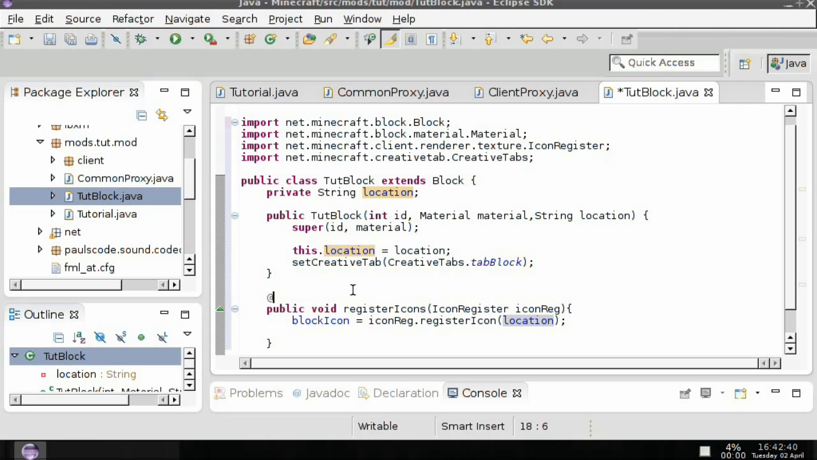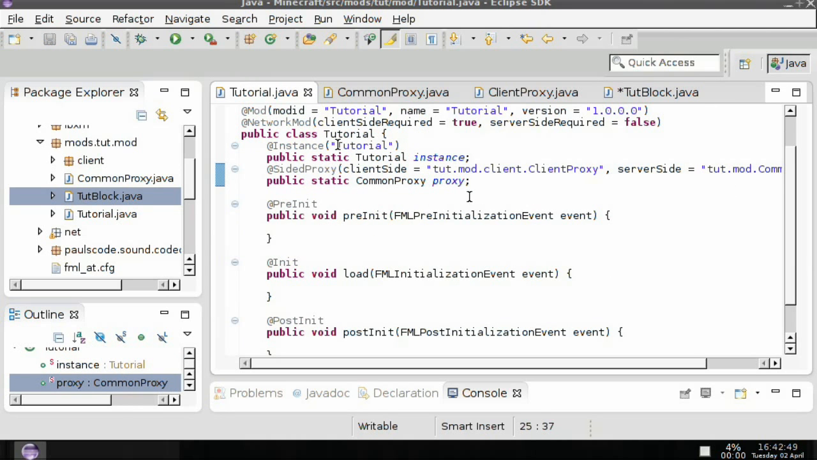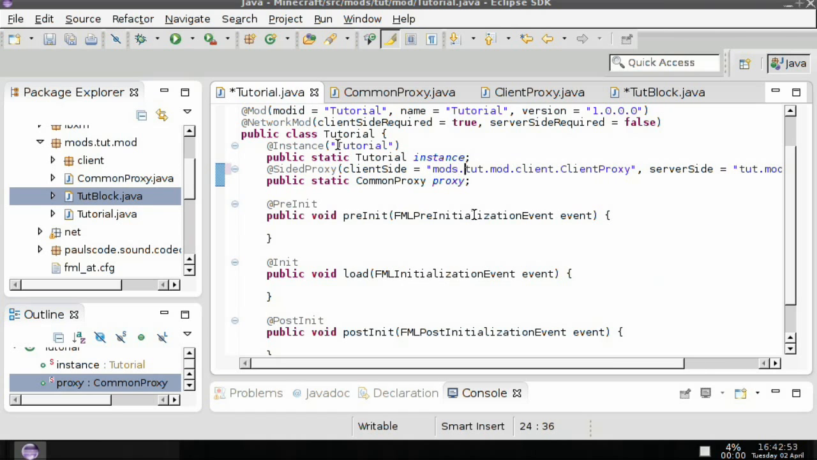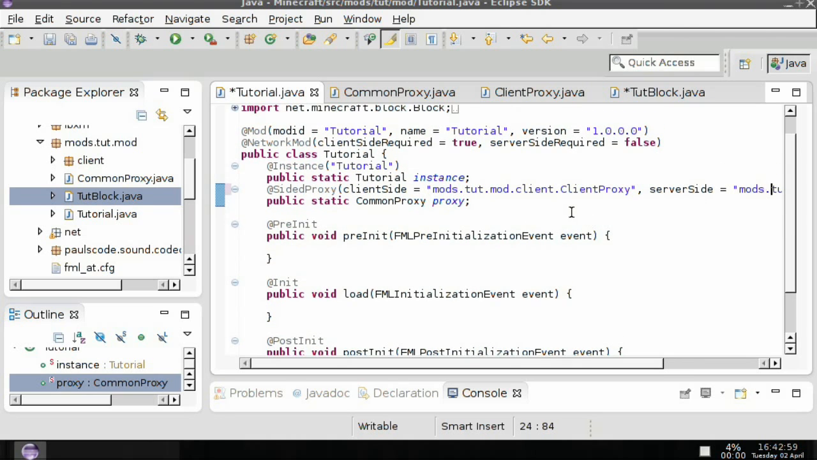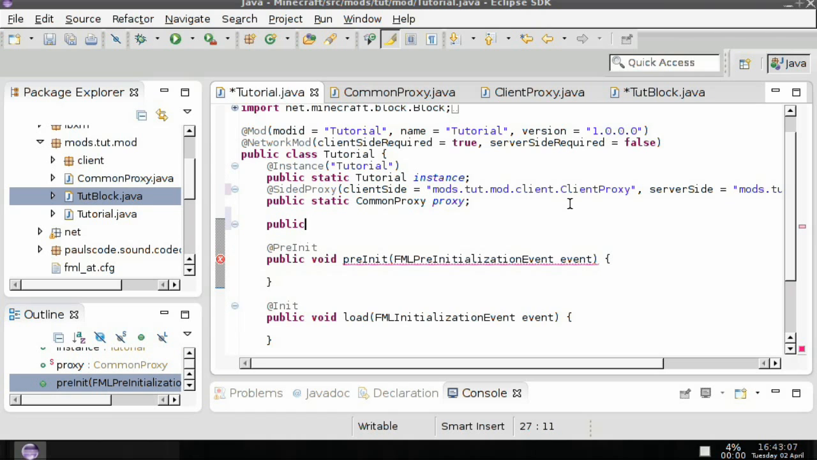if you want, you can put the annotation Override, because technically it is being overridden. And then if you go back into here, you have to change the cited proxy stuff to mods. in front of both of these. And then underneath here, we are going to be creating the variables for the blocks. So we're going to do public,